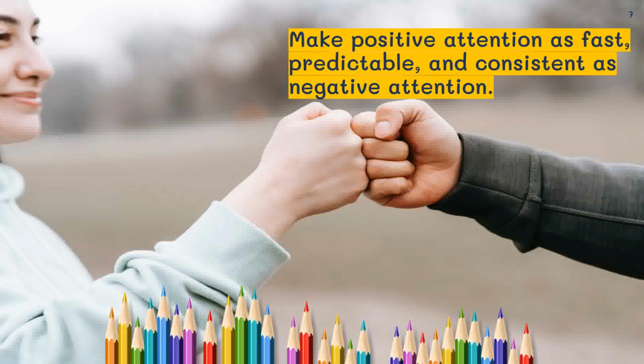Now, in order for this to work, you need to make your positive attention as fast, predictable, and consistent as negative attention. All behavior is communication, and a lot of times it's attention seeking. It simply is shouting, notice me, see me. I am a person. I want you to see me. That's what a lot of our aberrant behavior is in the classroom. It's just attention seeking. So a lot of students will stick with the negative actions because they know they can get your attention. They know all they have to do is drop the F-bomb and they'll get a whole bunch of attention. Now, it might not be good attention, but at least they'll get your attention.